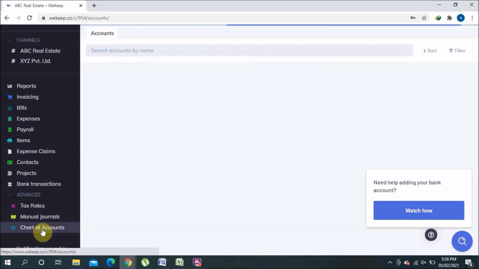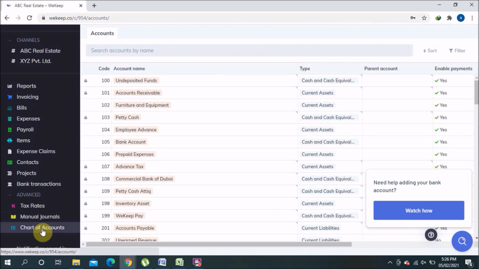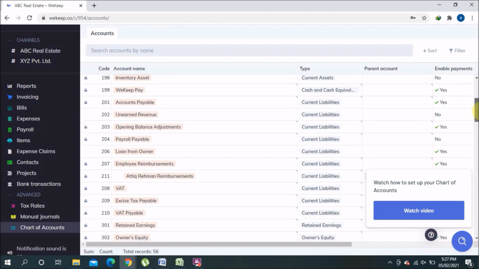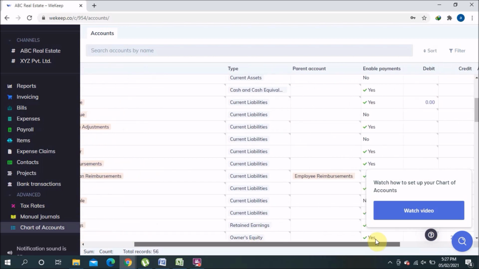So, chart of account. This is the chart of account. You can edit it as per your convenience. You can add, you can make inactive some of the items which you don't want. So this is the way. First you have to enter the code, then you have account name, type, parent account, and then enable payments.